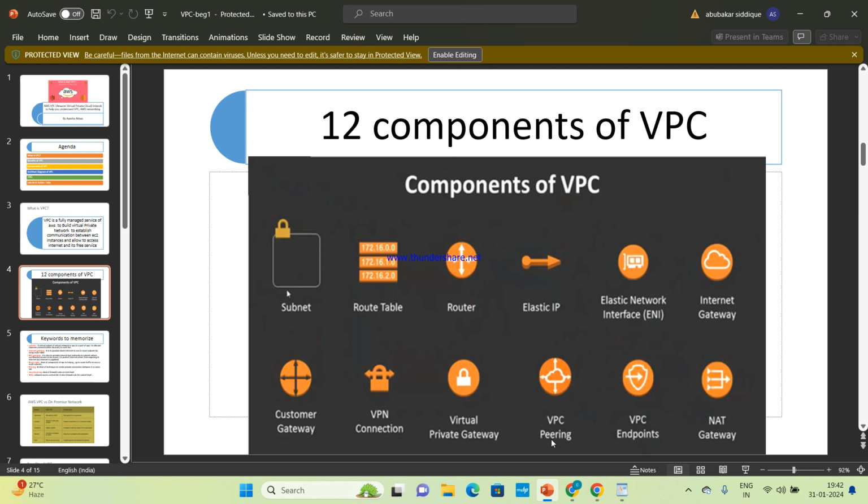So there are 12 components. Please write these 12 components. Out of these 12 components, we are going to learn 6 or 7. Done?